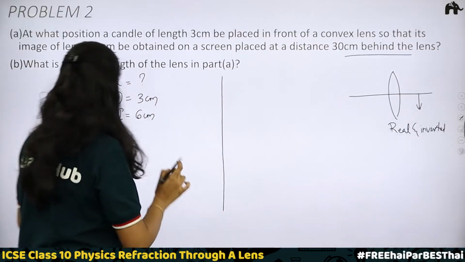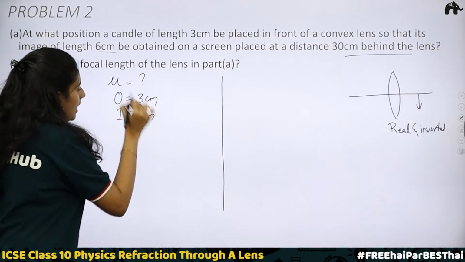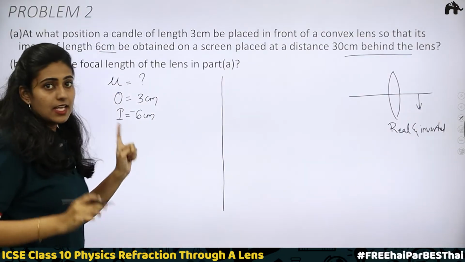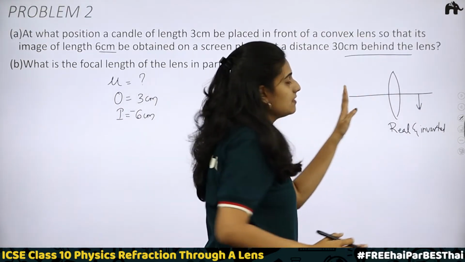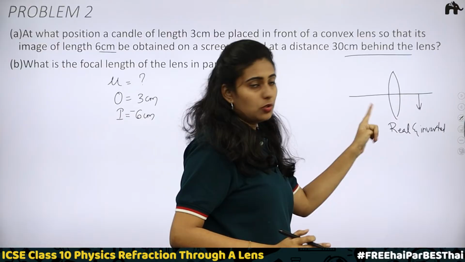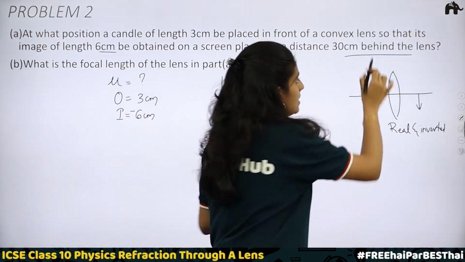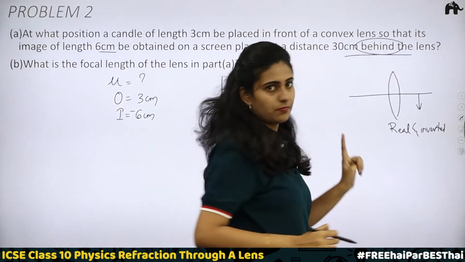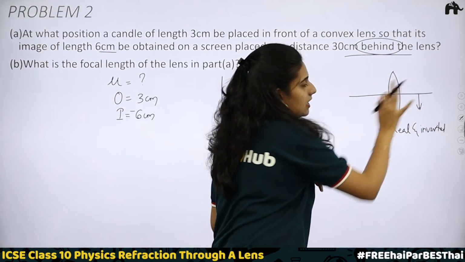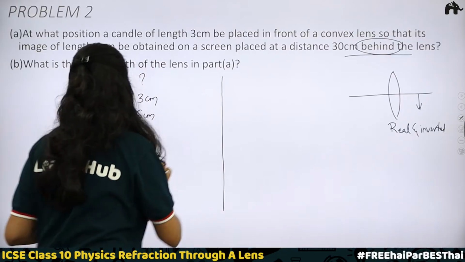Therefore, we will be taking the image height to be a negative value. Clear? If the image is formed on the same side, that is in front of the mirror, then you will be getting a virtual and erect image. It will be positive. So here it is mentioned that the image is behind the lens. Behind the lens means the negative value will be there. Okay, next,